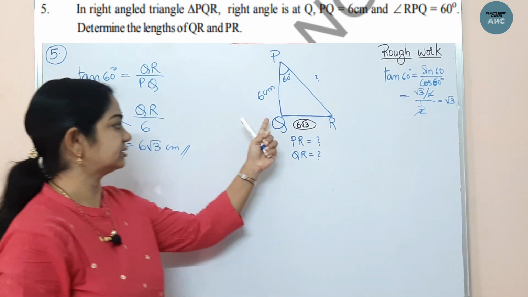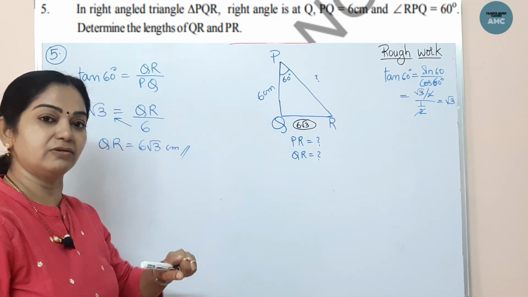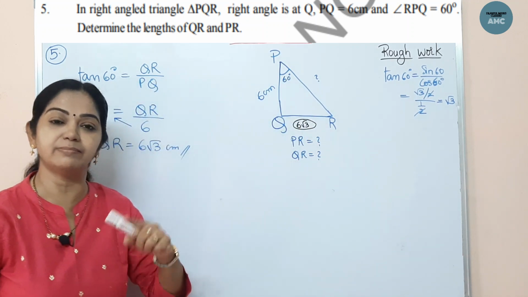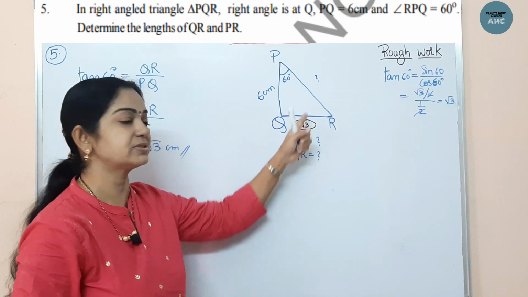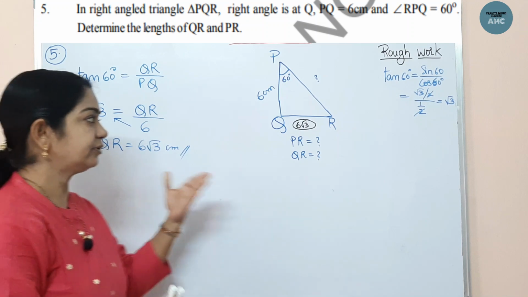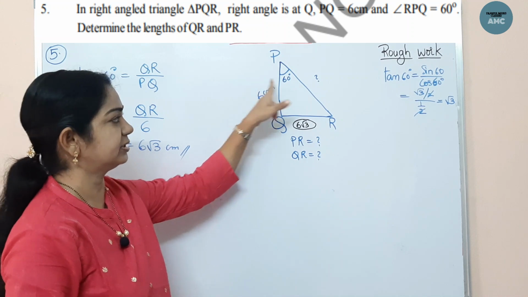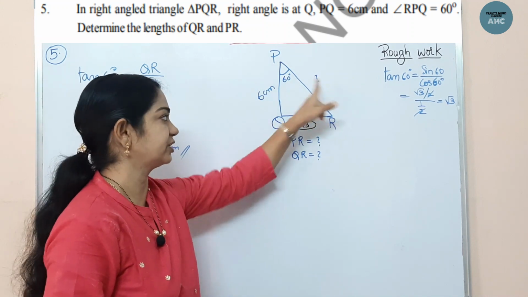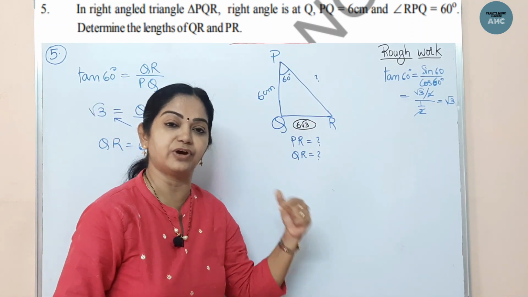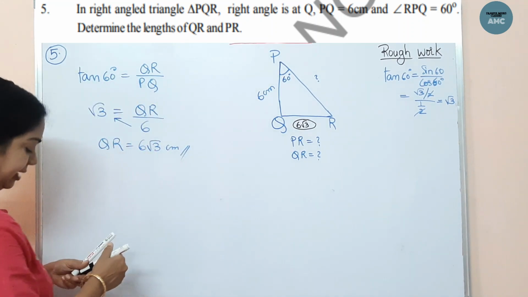Now, using this value, you can find out the hypotenuse. Which trigonometric ratio involves the opposite as well as the hypotenuse? That we should know. Cos is adjacent by hypotenuse, but sine is opposite by hypotenuse. So, we have to use the sine function. Actually, because we want to get the hypotenuse, you can also take the cos function, since adjacent by hypotenuse is there. To find out the hypotenuse, we can only take cos and sine functions.